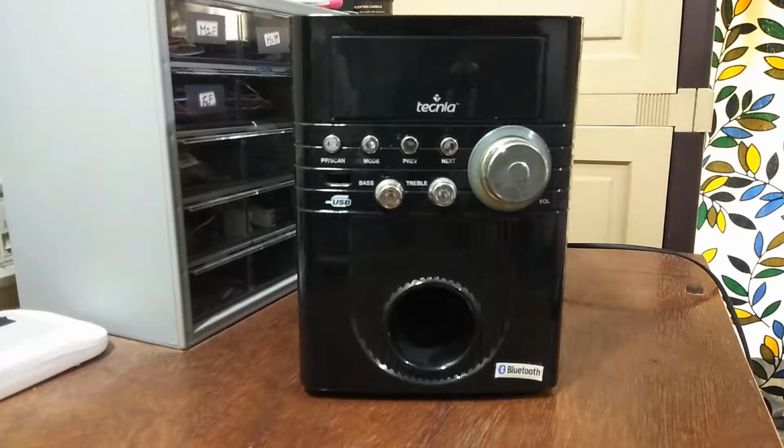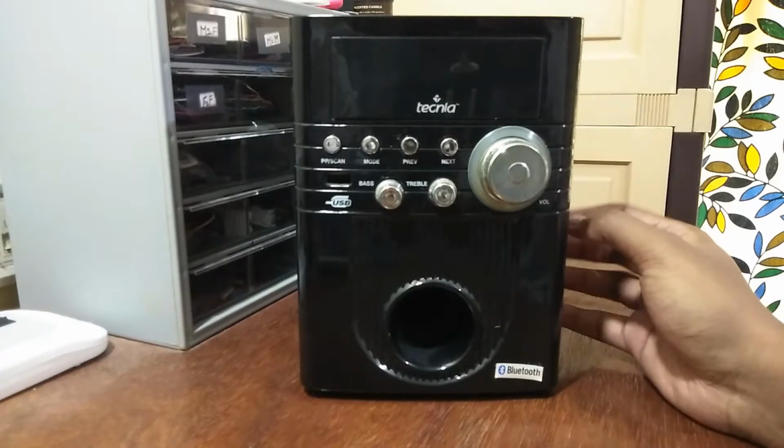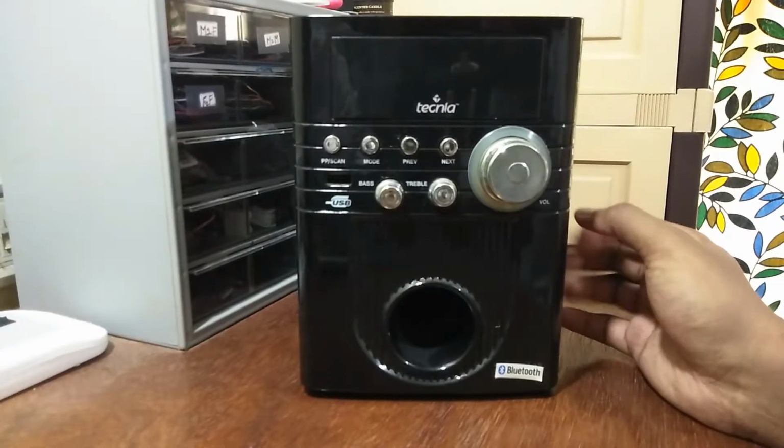In this video we're going to talk about an electronic product which stopped working and how we can try to bring it back to life. So this is going to be a repair video, specifically for the item that you're seeing on your screen. This is the subwoofer, or 2.1 channel woofer, that we bought from Amazon, and it worked well for a while. I think it worked for approximately 2 years,